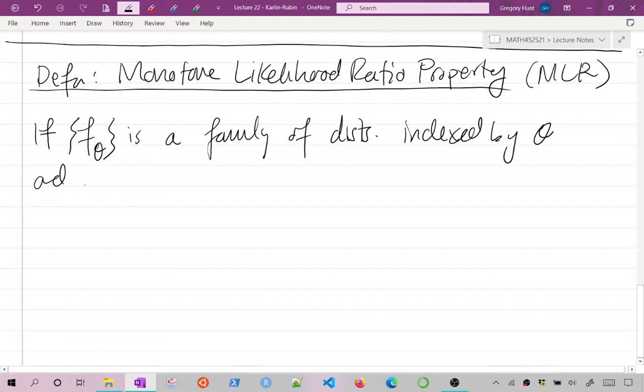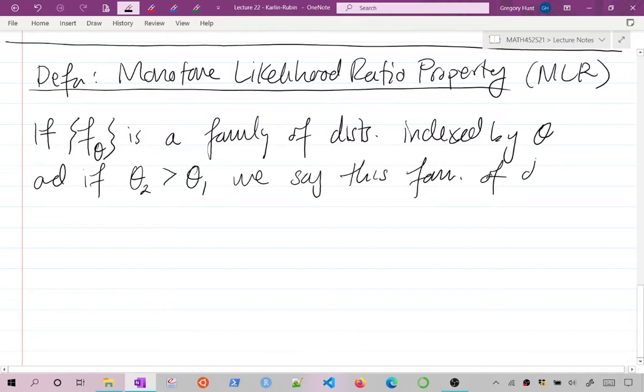And so we could write, if I have two values of theta, theta 2 and theta 1, where theta 2 is bigger than theta 1. If I have this family of distributions, I have some theta 2 and a smaller value theta 1. We say this family of distributions has the MLR property,